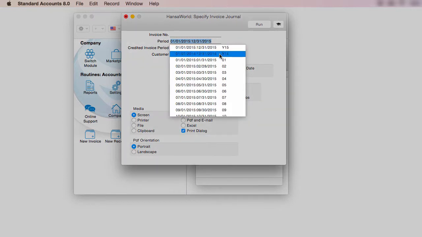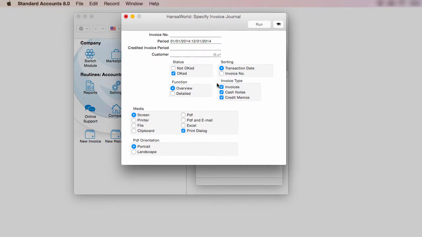choose a different period. By default, all invoice types, including invoices, cash notes, and credit memos, will be shown in the report. If you wish to see a specific invoice type, such as Invoices Only, then untick the other options under Invoice Type. Also by default, the report will list only okayed invoices, but you can choose to see both okayed and unokayed invoices. You can also sort the invoices by transaction date or by invoice number, whichever option suits